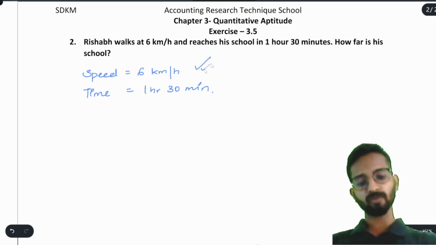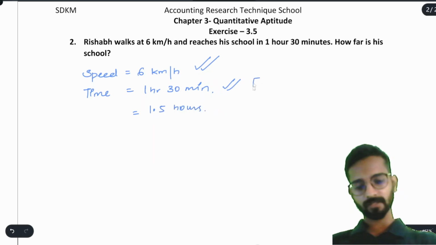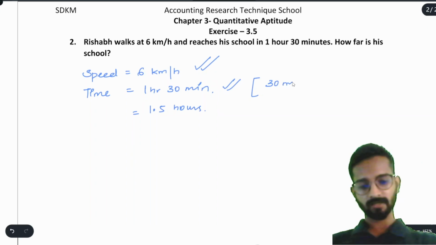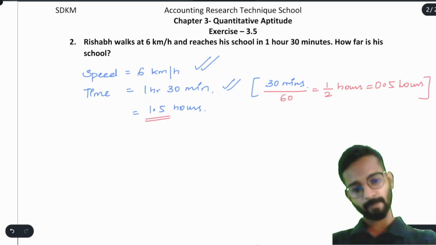Now speed is given in kilometer per hour, but time is given as 1 hour 30 minutes. You cannot take minutes. You have to convert that into hours. So you can say 1 hour 30 minutes is nothing but 1.5 hours. How do we convert this? See, 30 minutes are there. To convert this into hours, what will we do? Divide by 60. So it will become 1 by 2 hours. 1 by 2 hours is nothing but 0.5 hours. That's why I have written here 1.5 hours. Okay. Now